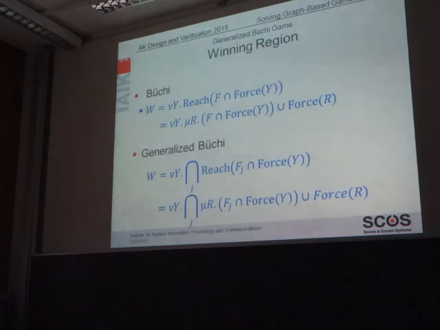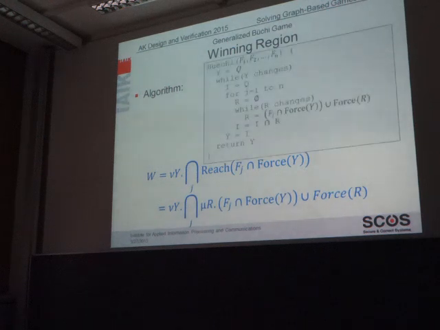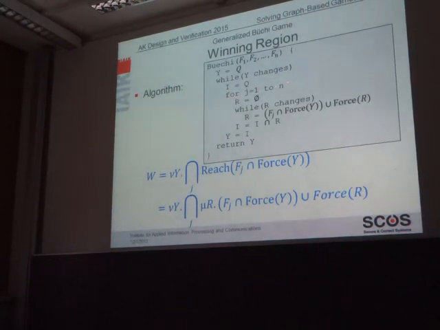The Mu-calculus formula for generalized Buechi games looks exactly the same as for normal Buechi games. We just have one additional intersection in there. And in the algorithm, this is also pretty much the same. We just get one additional loop which iterates over the different sets basically, and we have to take the intersection of the resulting winning regions for these reachability games. This intersection is